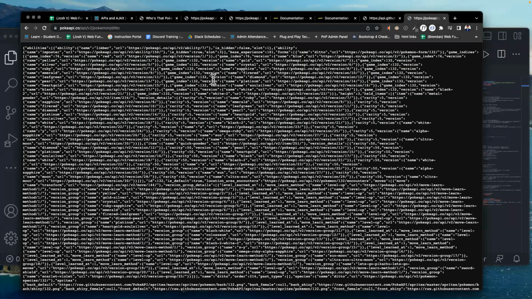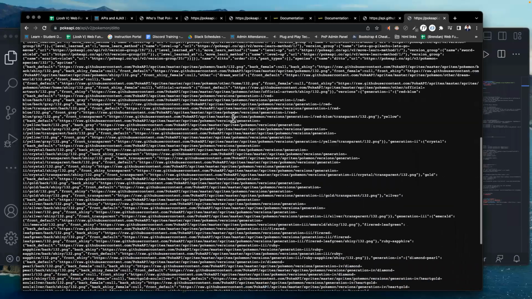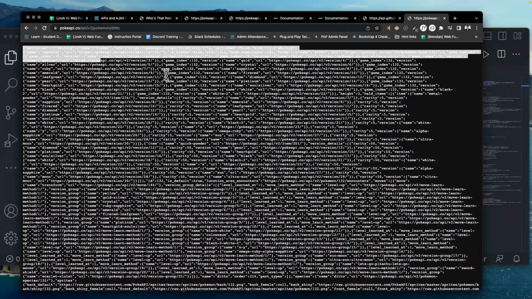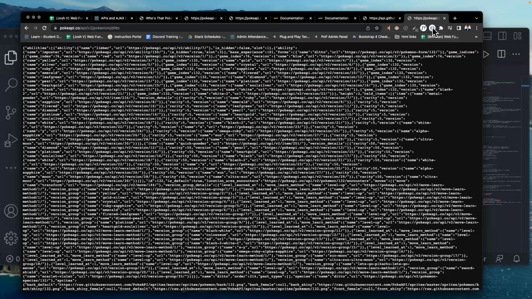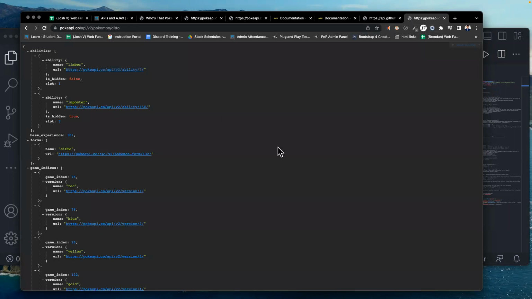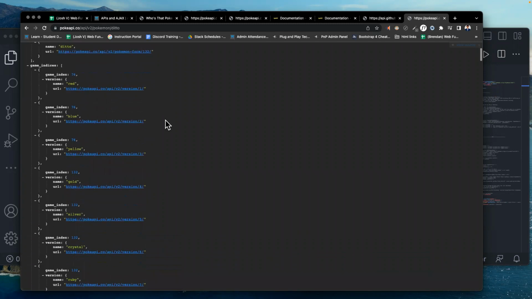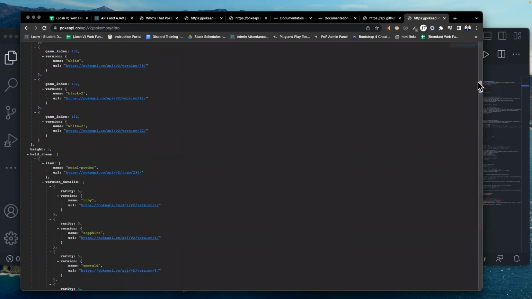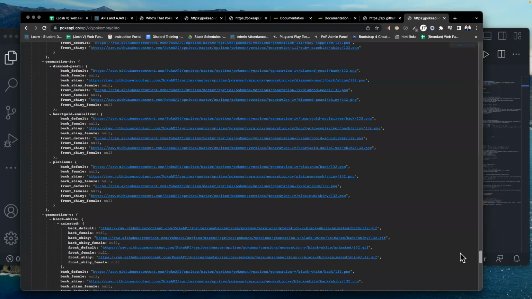When I go into this URL, as you can see here, it's a huge object, right? It starts with all this object information. If I use my JSON view here, we see an object with this information, nicely organized so I can view it, but it's so much information related to just Ditto.